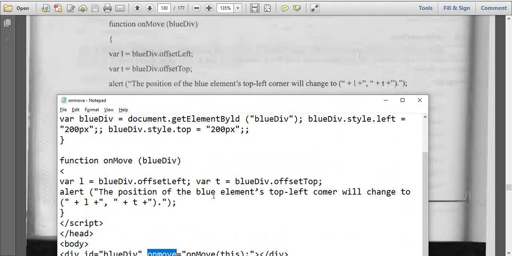The position of the elements of the women's chocolate corner will change. This alert box should come.